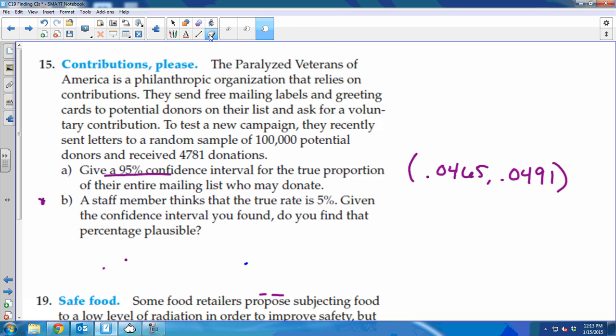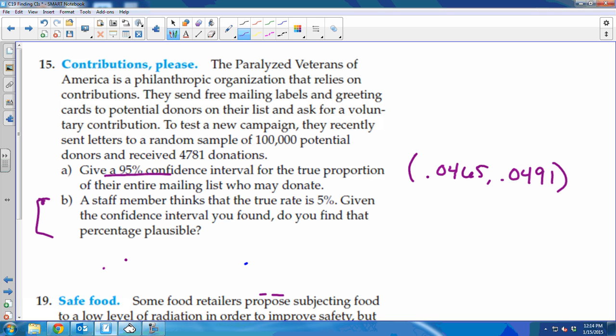So let's talk about this real fast so we can talk about what it says in part B. It says the Paralyzed Veterans of America is a philanthropic organization that relies on contributions. They send free mailing labels and greeting cards to potential donors on their list and ask for a voluntary contribution. To test a new campaign, they recently sent letters to a random sample of 100,000 potential donors and received 4,781 donations. It says to give a 95% confidence interval for the true proportion of their entire mailing list who may donate. I did that, and I got